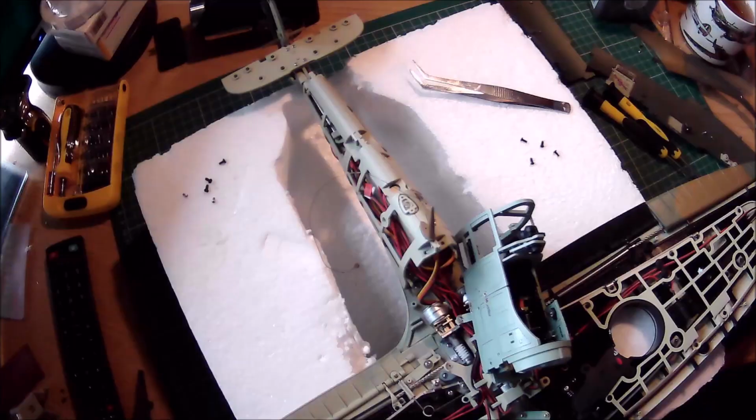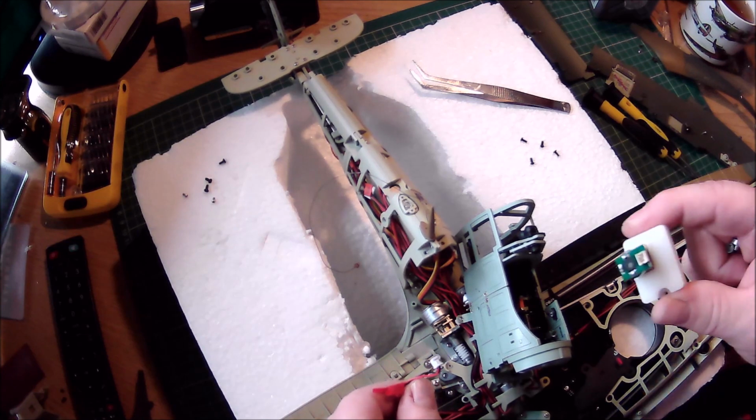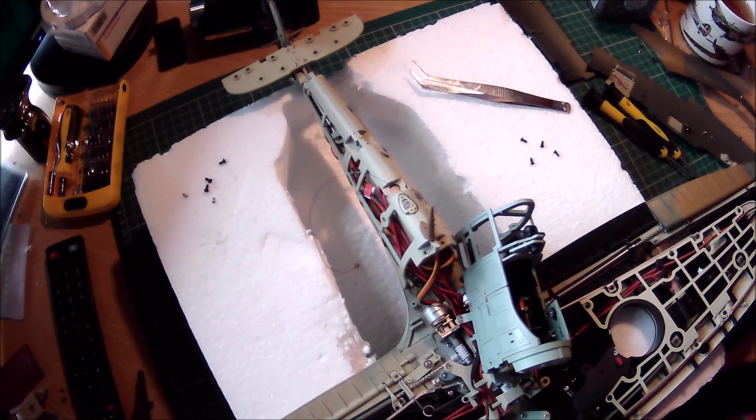Won't be a minute. Okay guys, I've lost that other screw, but I managed to retrieve a spare one. I thought I'd lost a plug that had come off the motor, but it was still on this. It came off there, so I managed to get it back on. Just hope it still works. So what I'm going to do now,